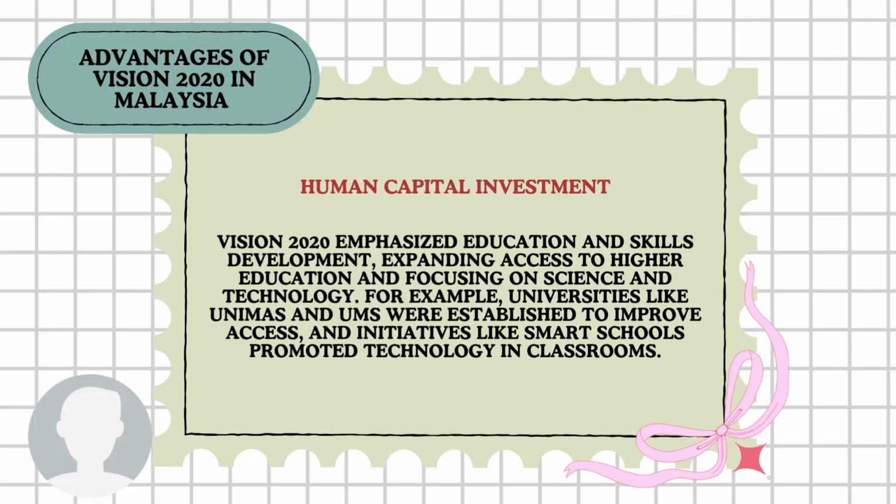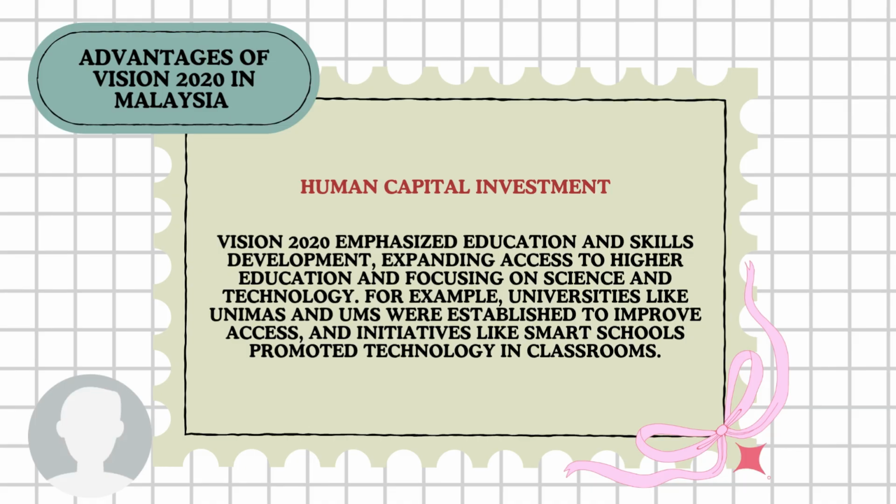Vision 2020 emphasized education and skills development to expand access to higher education and focusing on science and technology. For example, UNIMAS and UMS were established to improve access and initiatives like smart schools to promote technology in classrooms. So, as you all know, Malaysian education system and development is still an ongoing process because, as we all know,